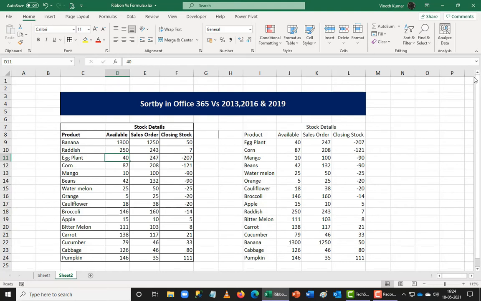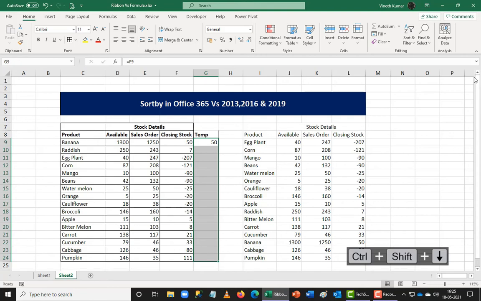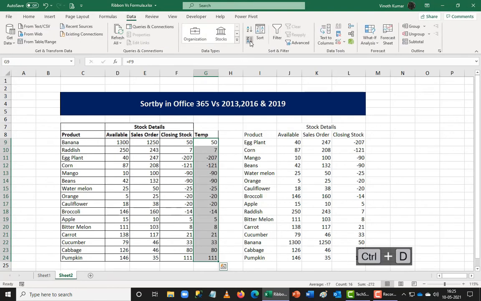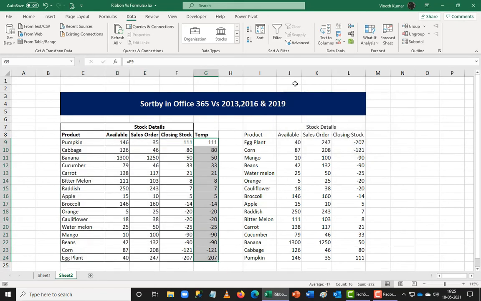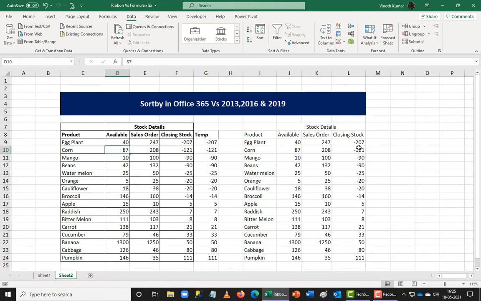If I'm doing the same logic here with the ribbon, then I have to come back here. I have to literally create temporary functions here. Then I have to sort them manually, and this will not go very effectively because when I do the ascending or descending order here, it's going to be static in nature, not dynamic. So if I change anything in here, that's not going to move the order up. It only just reduces the number here, but it doesn't move the order much as we do it here.